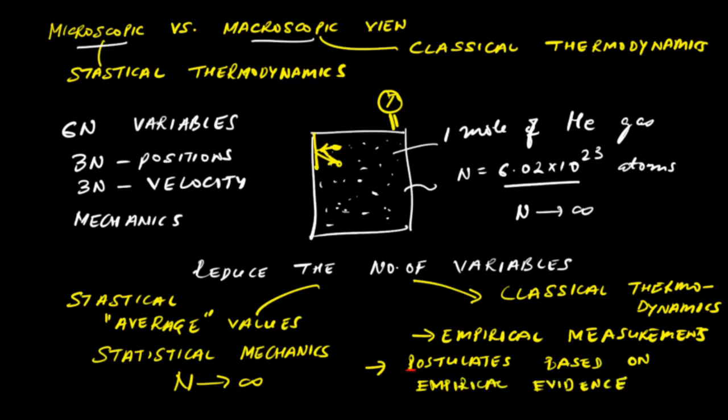And we treat these postulates as truth because there's no evidence that goes against these postulates. And using these postulates, we draw conclusions without considering the microscopic nature of the system. Now, both of these approaches, that is the statistical mechanics approach and the classical thermodynamics approach, have their own advantages. But the advantage of classical thermodynamics is that it does not depend upon the simplifying assumptions that we need to